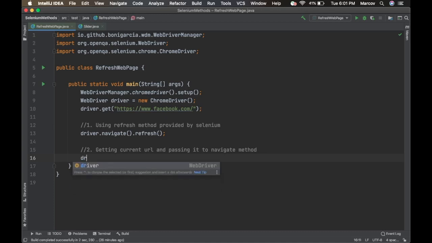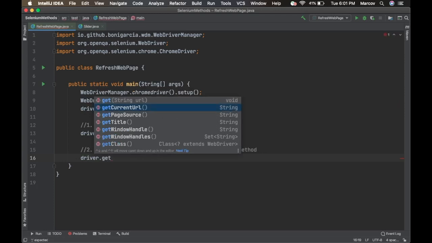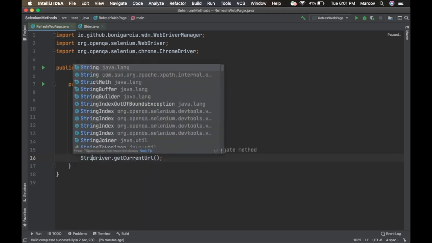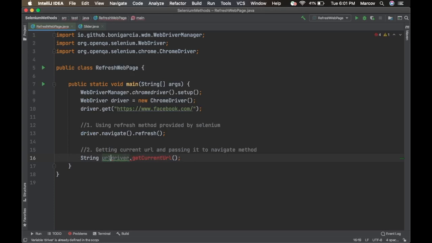I'm going to do the operation on driver itself, driver.getCurrentUrl. This getCurrentUrl is going to give you the current URL on which the web page is. Right now I'm on my facebook.com page only, so it is going to give me this URL itself, and the return type of this method is String. So I'm going to store it into a string variable. I'm going to say url.